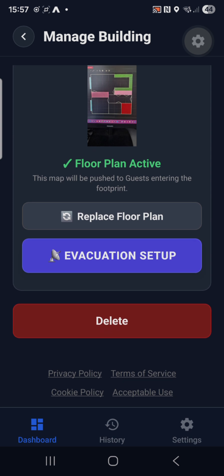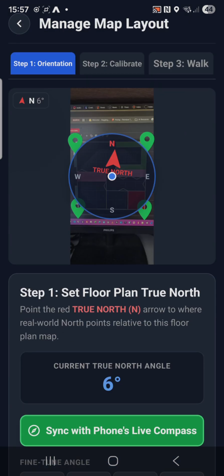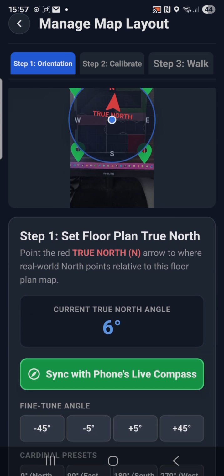After the map and location are set, you can go into the final details of the evacuation plan. The first tab will be to find the true north of your floor plans by spinning your image around,